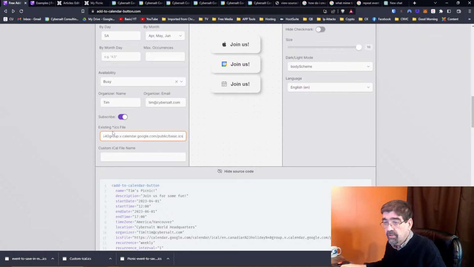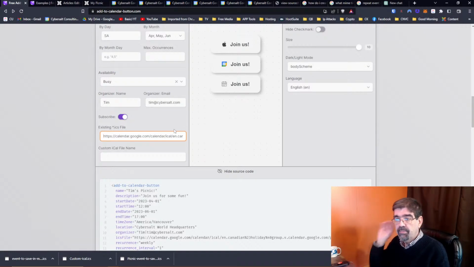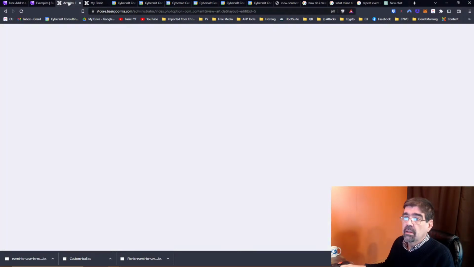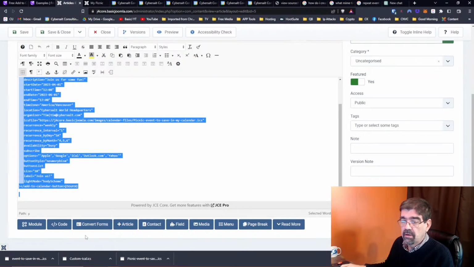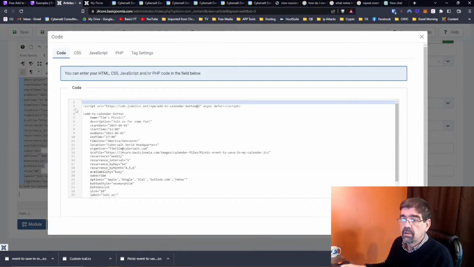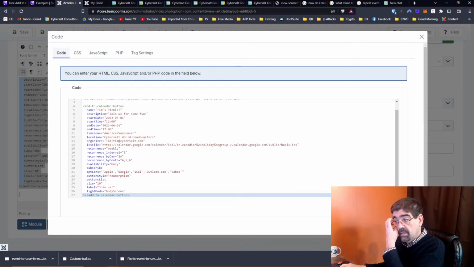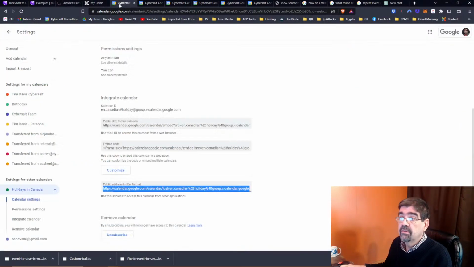Control A, Control V. And that file's maintained right on Google Calendar. So that would be good. So then if we update this code here, let's go here, code, let's update this, Control V, insert, save,